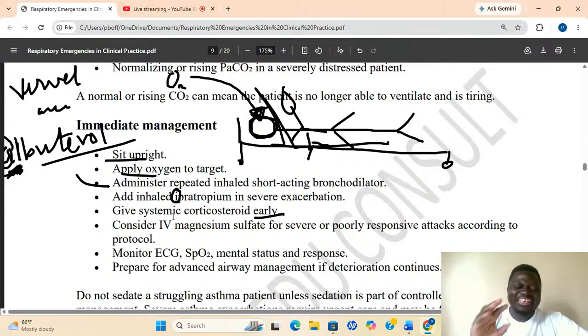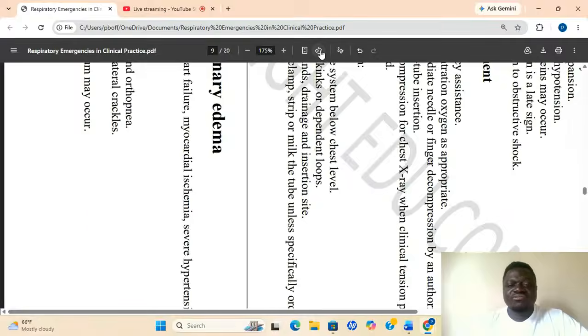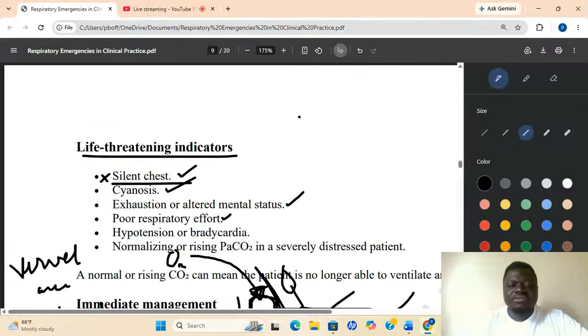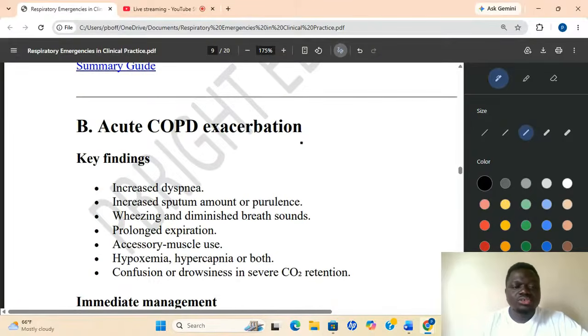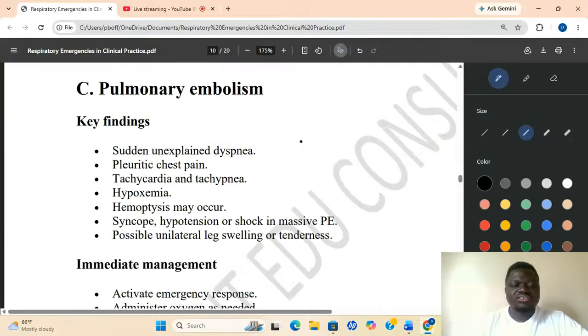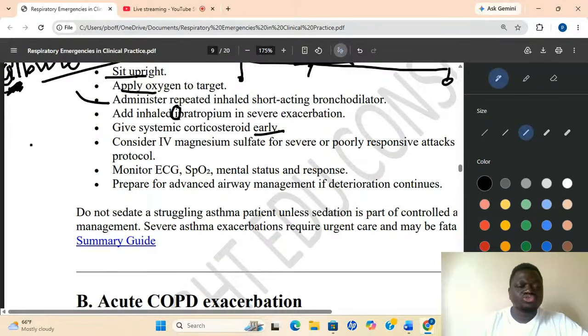Okay, magnesium will calm the muscles down. And we ask ourselves, why are we giving magnesium? I always get confused with this. Why are we giving magnesium to asthmatic patients? Because when you take the airway